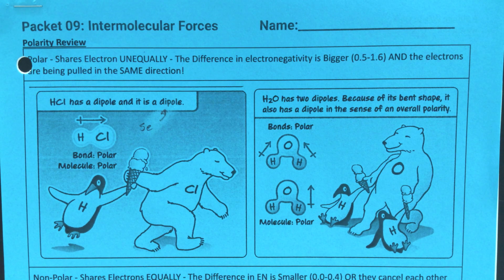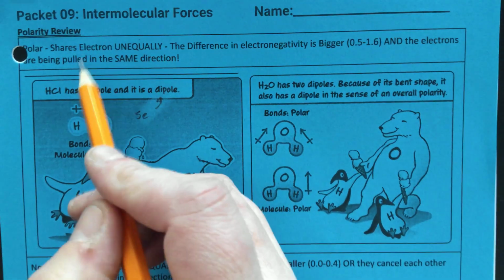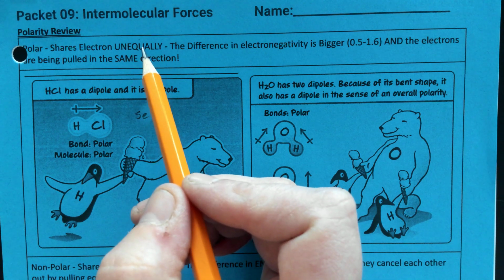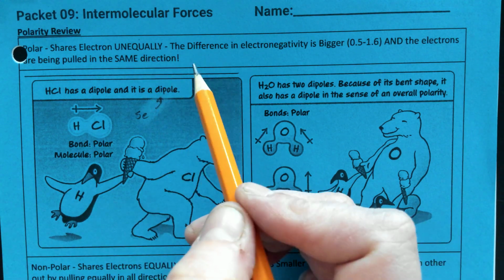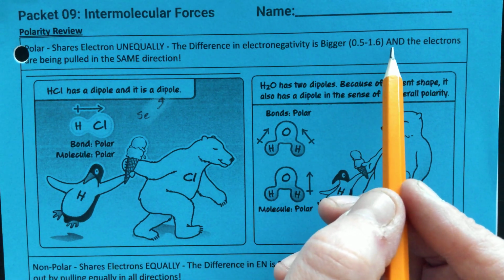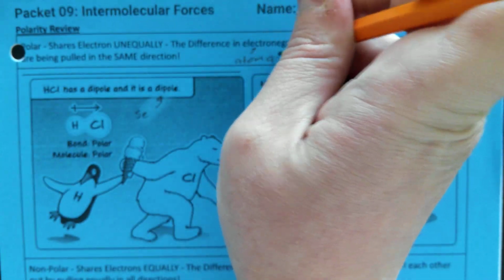Today I'm going to be making a little video going over the first page of notes. So if you look at this first page of notes, we are looking at polarity. We talked a little bit about polarity in our previous units, but I just want to remind you of a couple things. So we have polar and nonpolar. Polar shares electrons unequally. So two atoms are fighting over those electrons, and their difference in electronegativity is bigger, 0.5 to 1.6. Now remember, electronegativity is how well an atom attracts